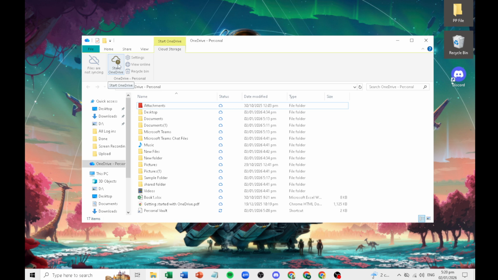Go to your Start menu and type OneDrive in the search bar. Click the OneDrive app to open it. You should see the cloud icon reappear in the taskbar, and within a moment or two, syncing should resume. Watch for the green check marks or the spinning arrows on your files in File Explorer as a sign that